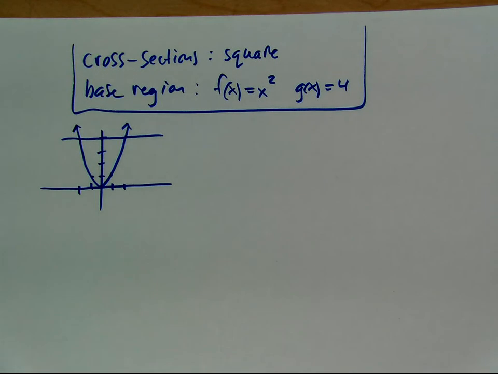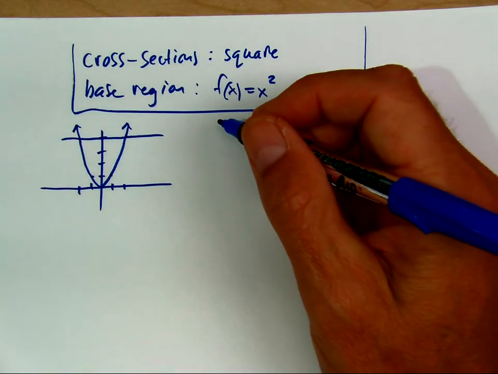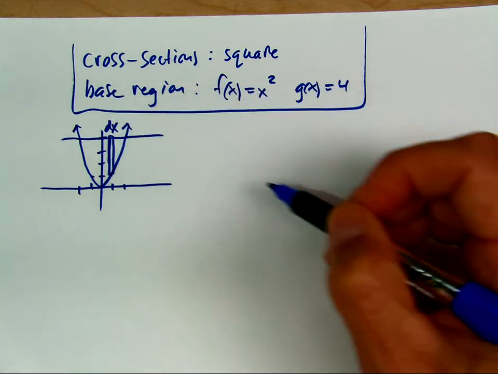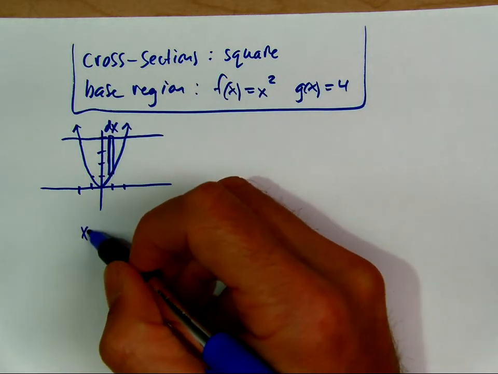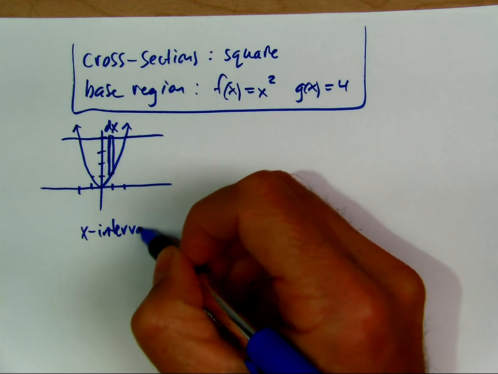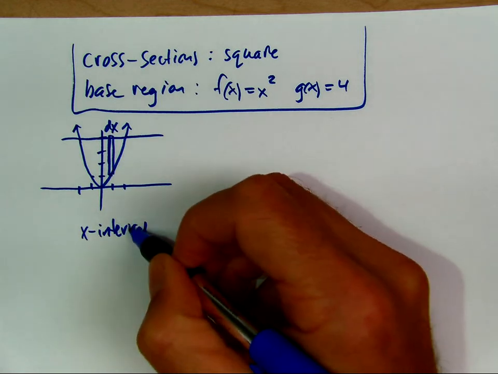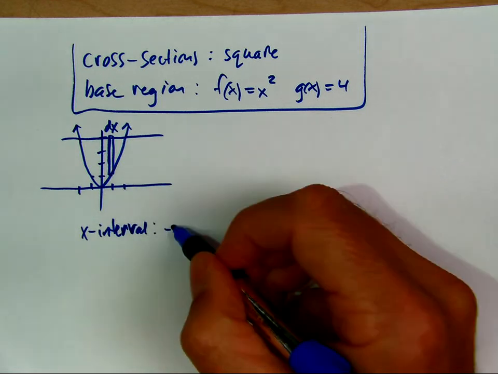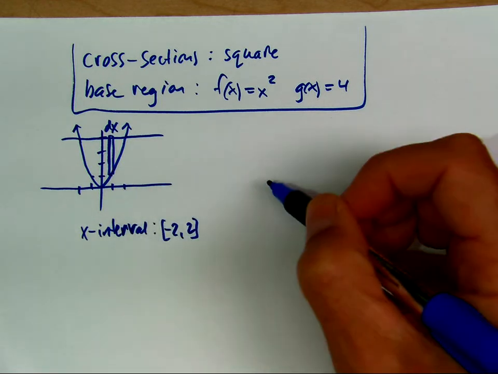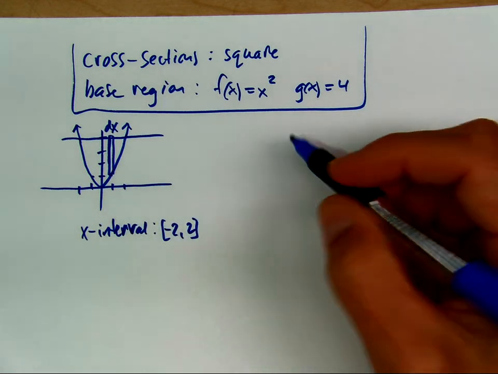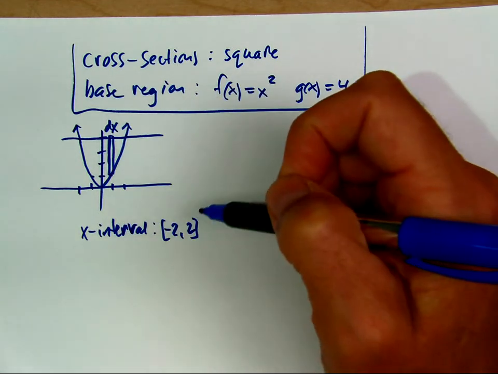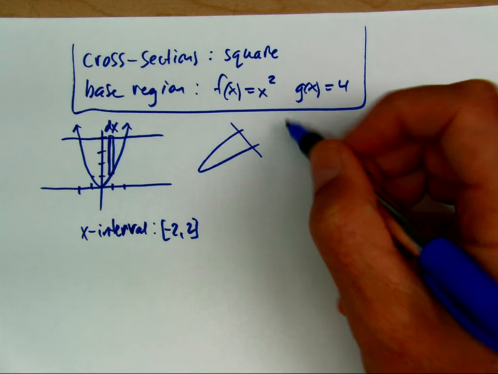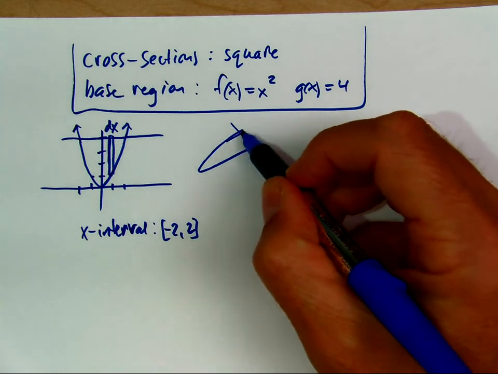So there's the region. We know that we're going to use a vertical rectangle, and we have a dx, so that means we need an x interval. We can see the x interval goes from -2 to 2. The squares are going to come out of the paper. If it helps to visualize like this, we have a square here,